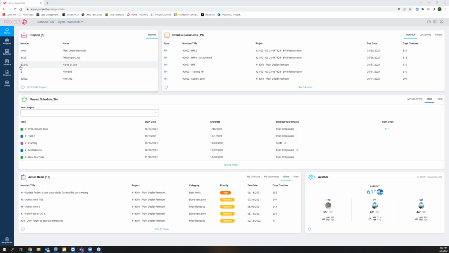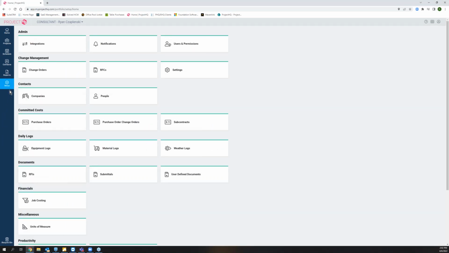So to recap some of the things that we've covered in some previous webinars, and anybody that's been on training with me would have heard this as well. We do have the ability in the setup to create what are called user-defined documents. And so for anything that we may not have an actual entry screen for, for example meeting minutes, we didn't program a specific entry screen for meeting minutes, you can create a user-defined document called meeting minutes, and we can use that for the entry. So under user-defined documents,